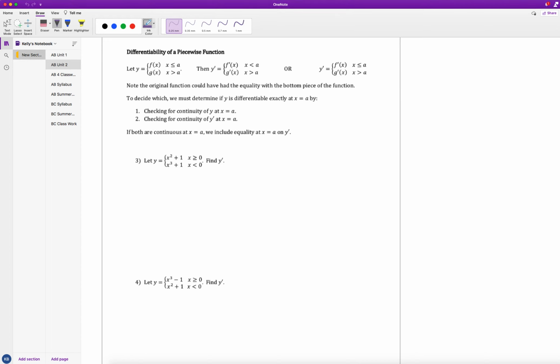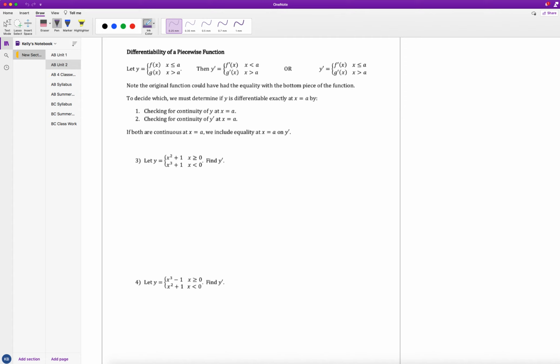Continuing on with learning target 2D, in class we started talking about this section and we approached it from a graph perspective to determine if a function was differentiable or not. Remember, for a function to be differentiable, it means the derivative does exist. Those phrasings mean the same thing. In this video, we're going to focus on what happens if a piecewise function is differentiable or if a piecewise